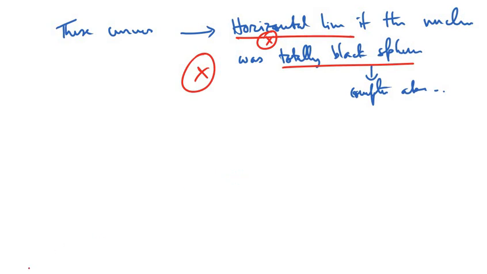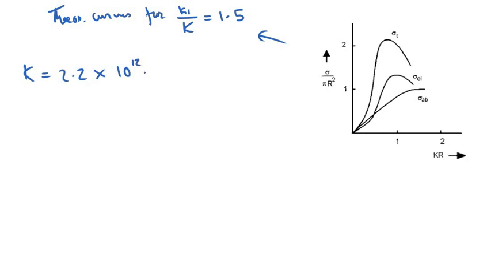Let me show you the theoretical results now. So these, you can see on the screen, are basically the theoretical curves for small k1 by capital K equal to 1.5. Now for this k1 and K for a given value, we can find the radius R as well. Suppose we consider a value of K to be 2.22 into 10 to the power 12 centimeter inverse. Then this basically corresponds to a mean free path in nuclear matter of 4.5 Fermi meter, and the